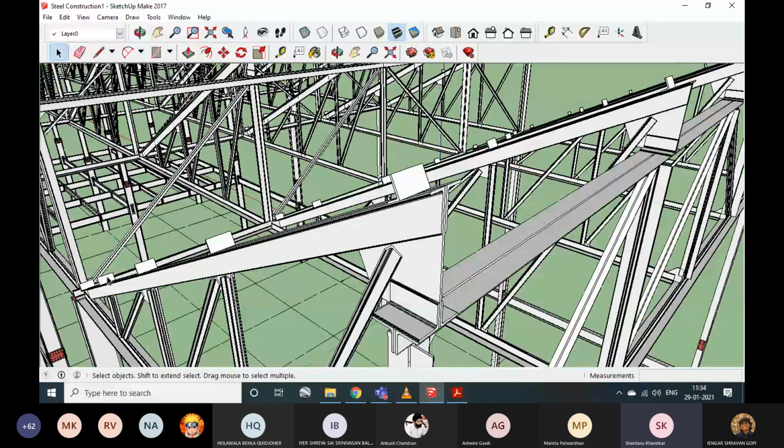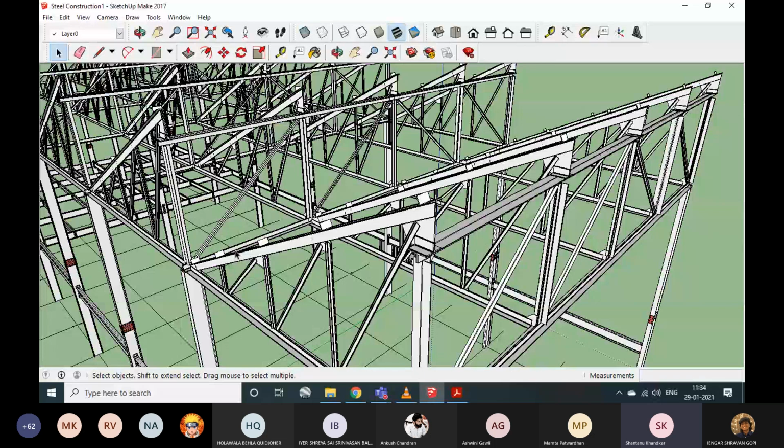These members holding the roof covering. No, actually not holding the roof covering, because if you put them only over here, how would they hold the roof covering between these two members, right? Because see, what are these called, by the way? If you remember from your first year, what are these members called in a truss?